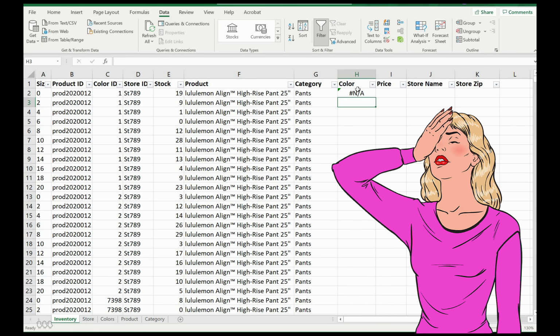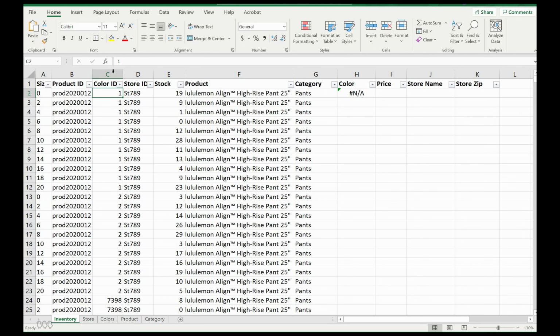Our end parens. The dreaded NA error. So I'm thinking maybe this is a data type mismatch. So you can see here that we have our color ID. We have 1, 2, 7, 3, 9, 8, etc. So I'm wanting to know, are these numbers? Are these text? So I select the whole column and I see here, this is my first clue at the bottom, that these are stored as numbers because we can sum these values. And then also up here, it says it's general number format.